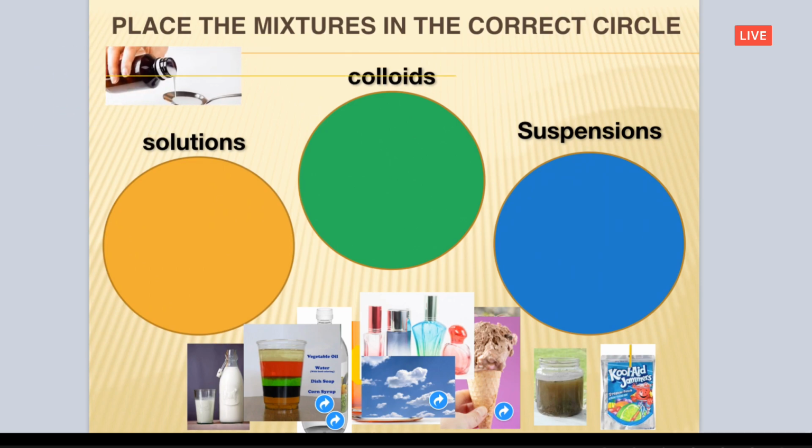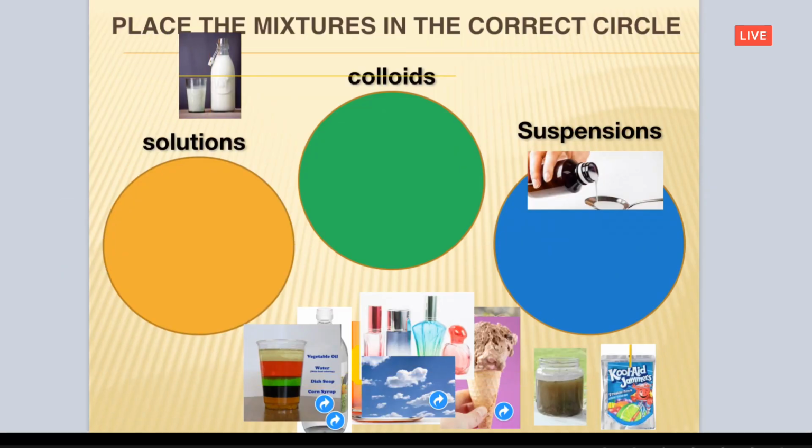And for those of us who would normally visit the pharmacy to collect medicines, we will see the pharmacist taking water and some powder and mixing it in a bottle to create this liquid for us to use. So where would this liquid go? Is it a solution, a colloid, or a suspension? Let's see if we could use our knowledge of medicines to solve this problem. I think that on one of these bottles I saw "shake well before use." Have you ever seen that? Yes. So if we have to shake well before use, that means